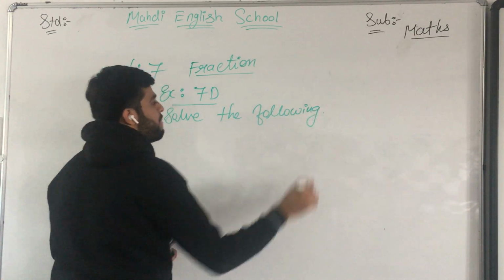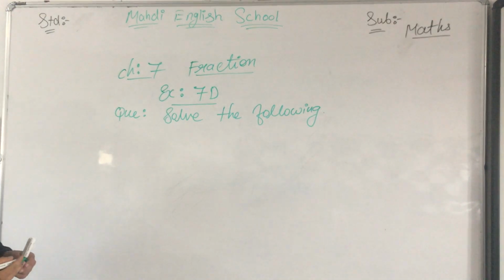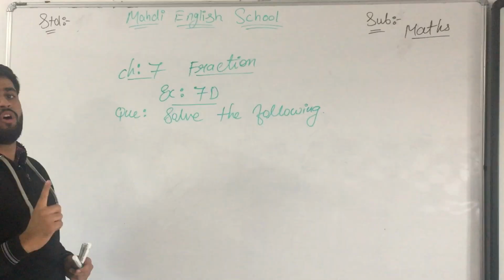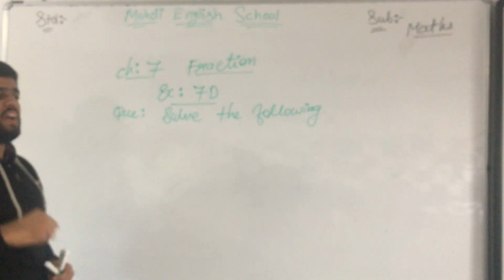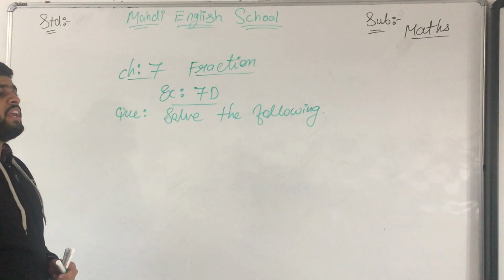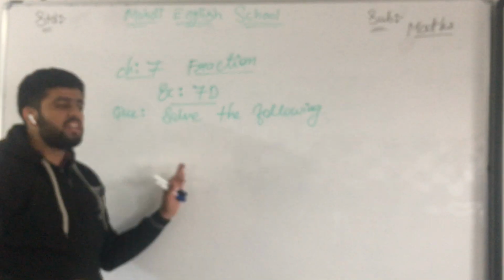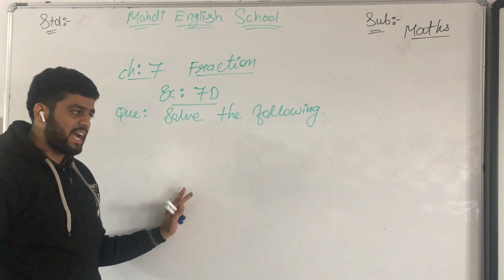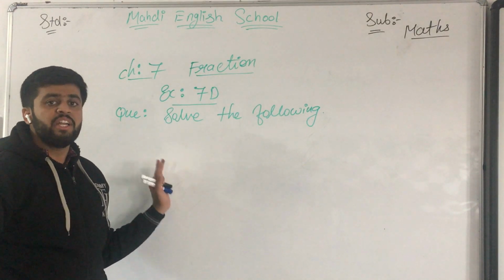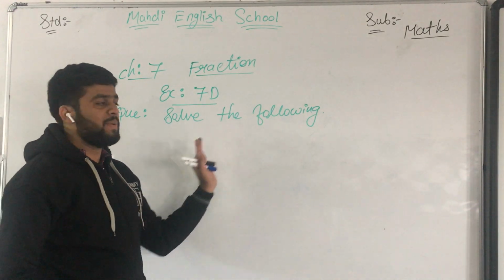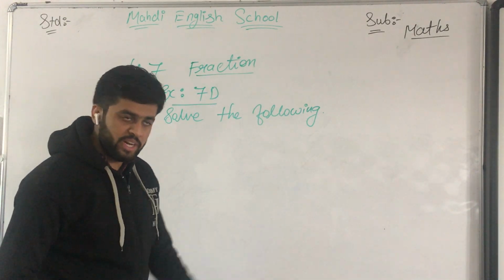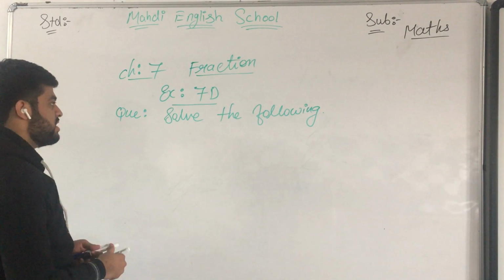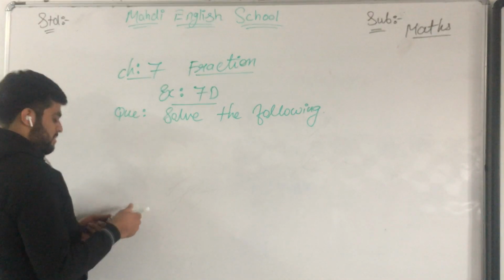Okay, I hope you remember how many steps there are for solving the following. There are two steps. First step is division, and then multiplication. First we do the division with the denominator, and the denominator's answer, our quotient, is multiplied with the numerator. So let's do it, and here we do the revision again.